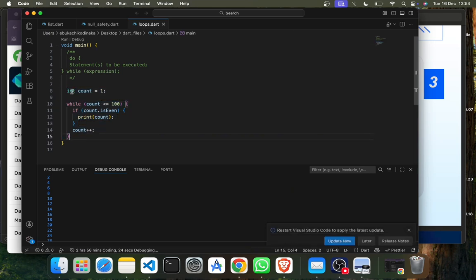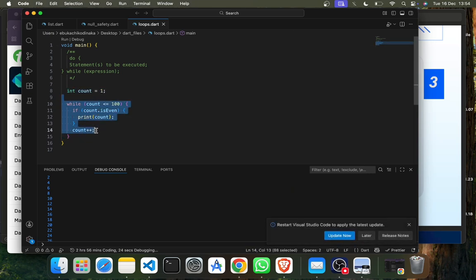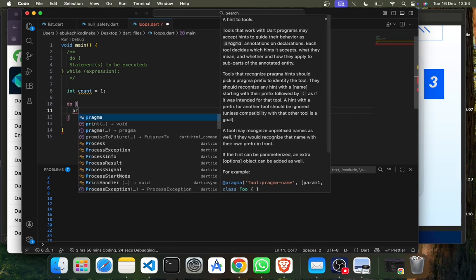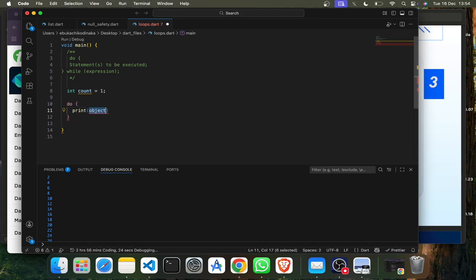Of course, I'll be needing my variable as well, so I'll leave it, and then start a do while loop. So do what? Print count and increment,